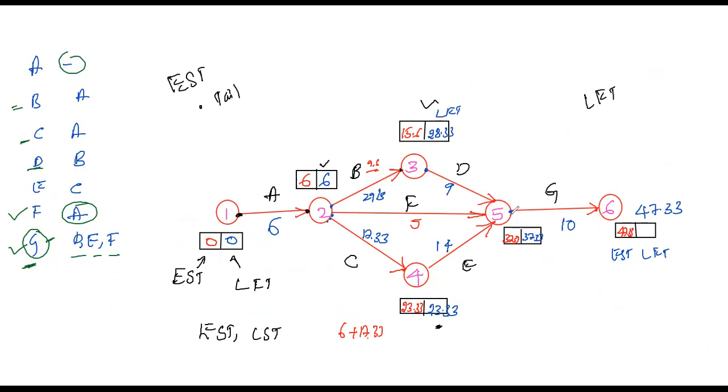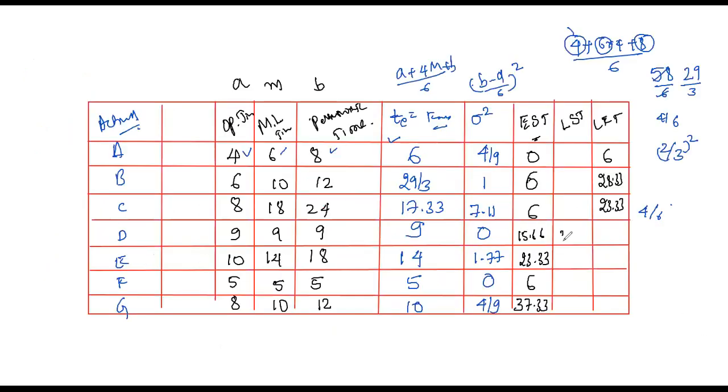Next, coming to the activity D. Which is the D head? So this. For the activities D, E and F, you need to represent. See here, you need to properly check what the durations are, what the networks are, how they are connected. For the activities D, E and F, all the 3 activities are coming and merging at the same node. So this is a merged node, right? All are coming and joining at this node. So for all 3 activities, the LFT will be the same, 37.33. So for D, E, F, the same value will be there: 37.33, 37.33 and 37.33.